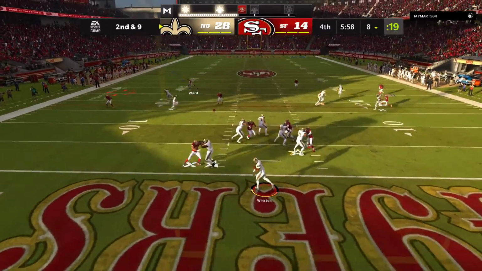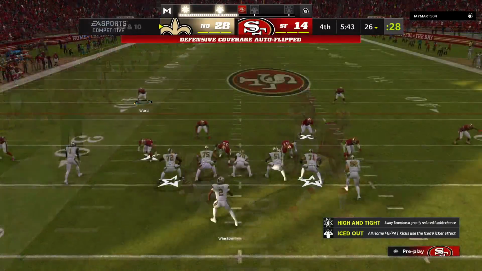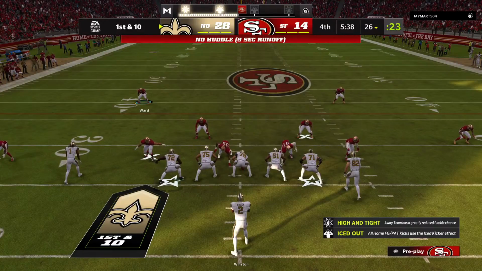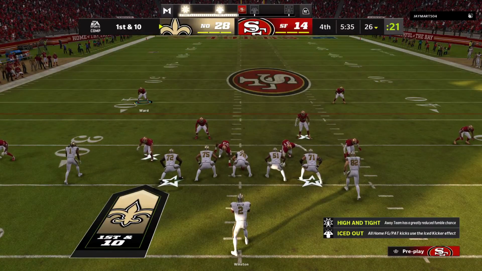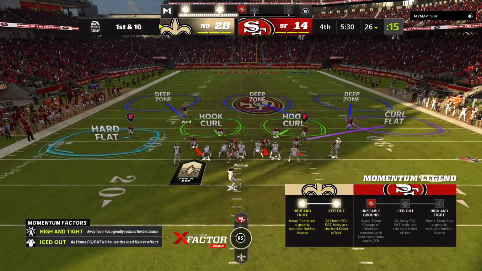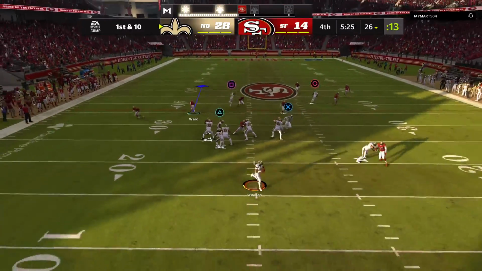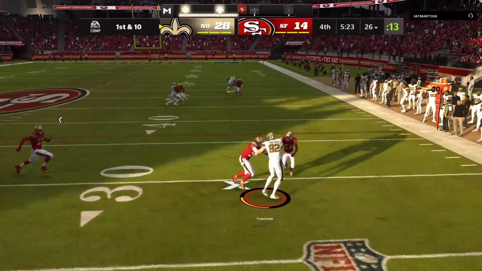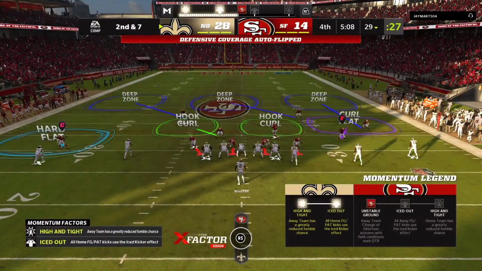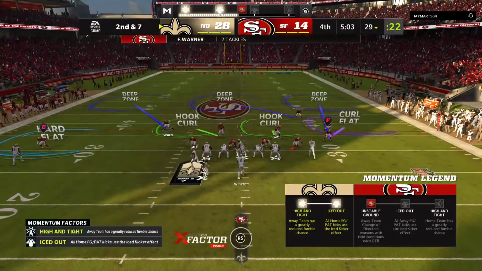On 2nd and 9, Winston. That's caught by Marquez Callaway. And he works it across the 25 before being tackled. First target, first catch, and a first down. Off the play fake, Winston. He'll get this to his tight end, Troutman. 3 yards the gain there, 2nd down. 3-yard pickup brings up 2nd and 7 at the